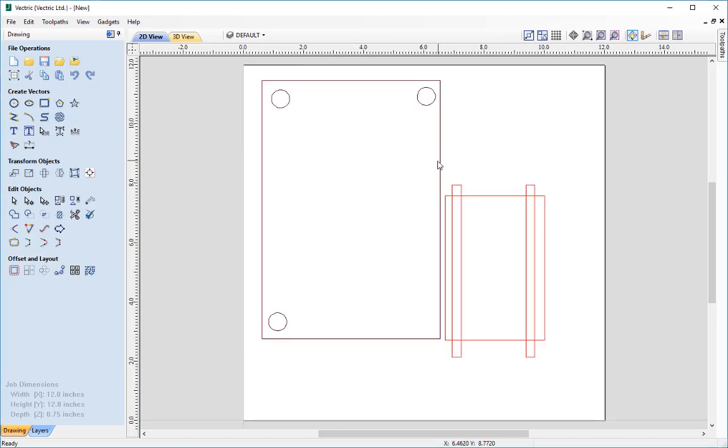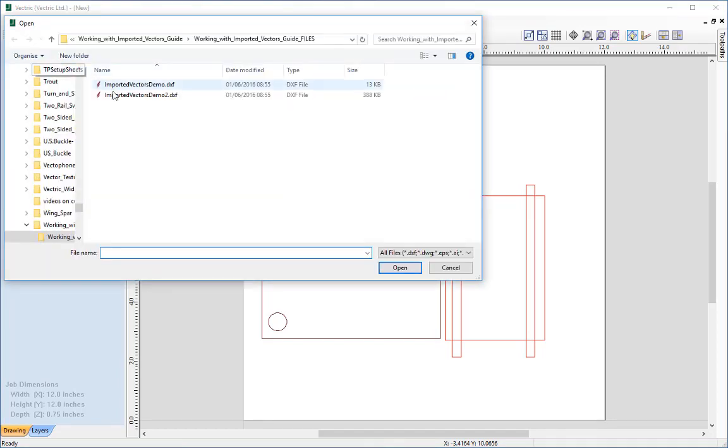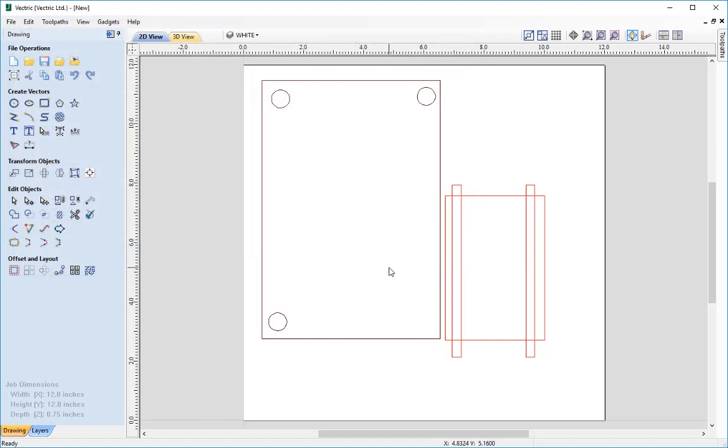Now what I'm going to do next is show you more problems that we may run into whilst importing vectors into the software. So again, just click the icon here to import vectors, and we're going to select the import vectors demo number 2. Simply select that and then click open. Now you'll notice that we can't actually see any vectors that are different to the ones that we imported previously. Now there are 2 ways we can figure out if we have imported any vectors and where